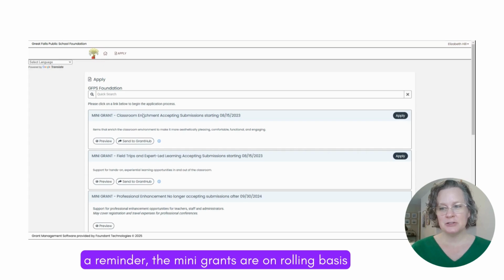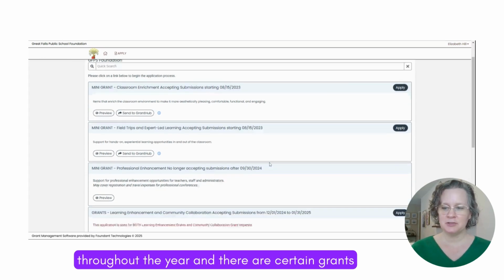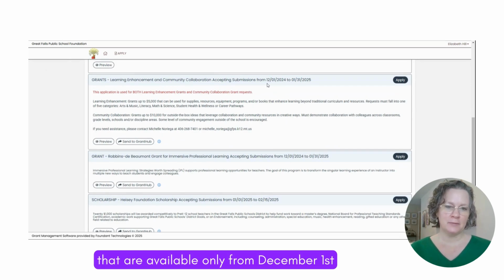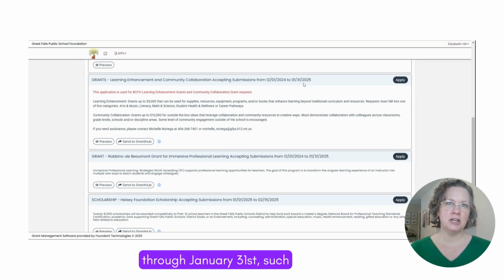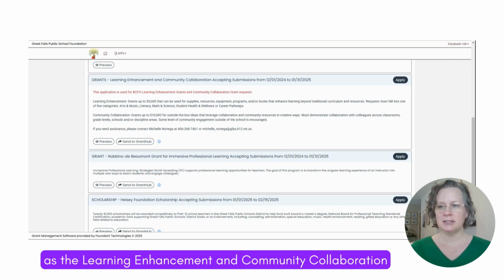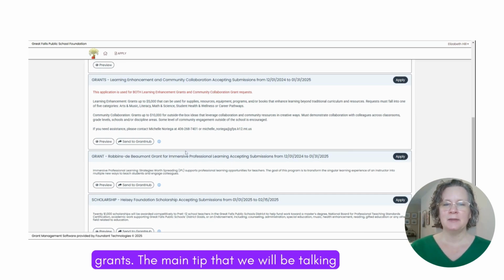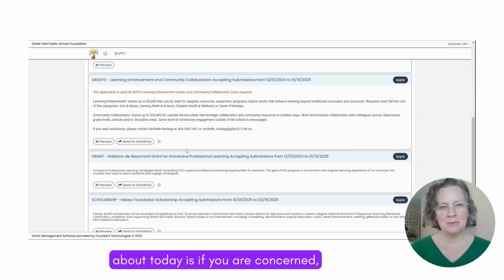As a reminder, the mini grants are on a rolling basis throughout the year, and there are certain grants that are available only from December 1st through January 31st, such as the Learning Enhancement and Community Collaboration grants and the Immersive Professional Learning grants. The main tip that we will be talking about today is if you are concerned, worried,